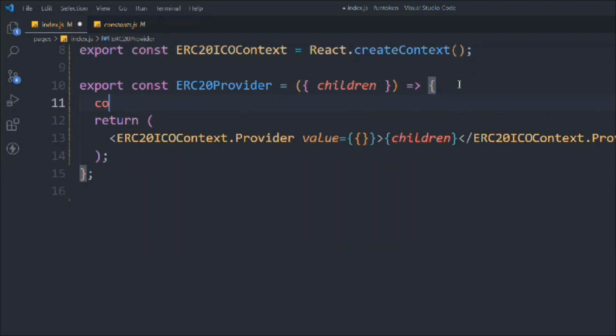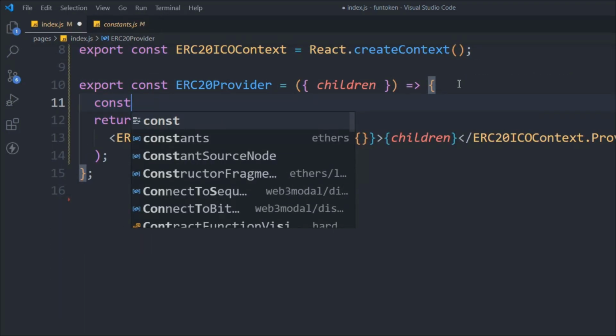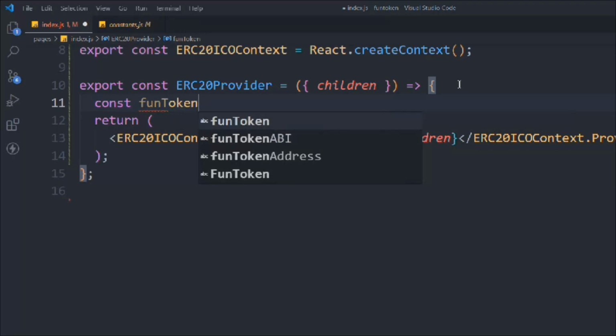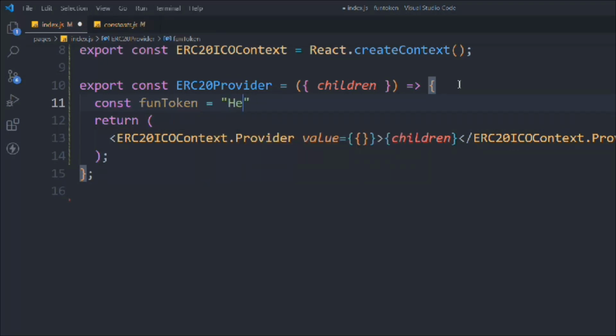So let's come here, let's take our variables, and let's test whatever we have done so far, whether it's working or not. Okay, so let's take a variable, let's call it FunToken, and let's call it